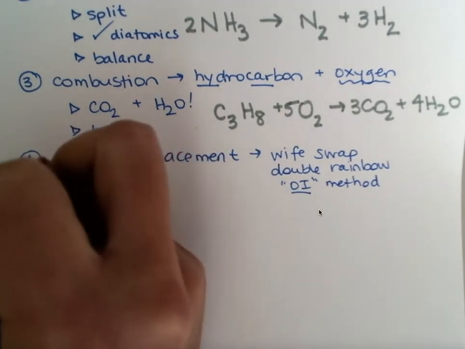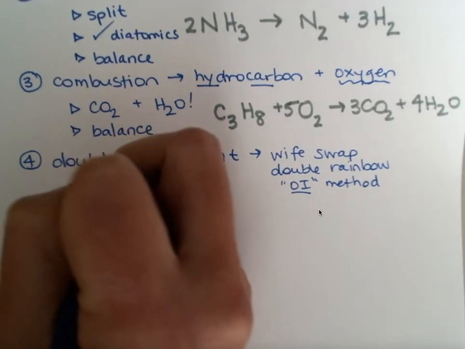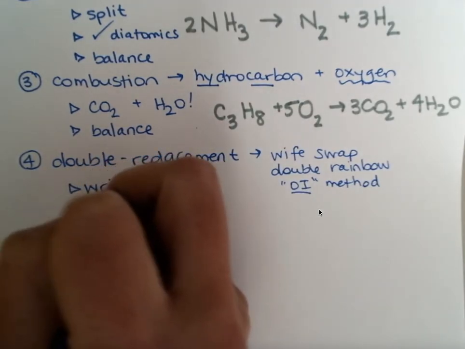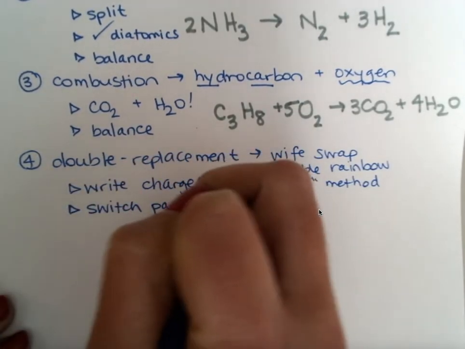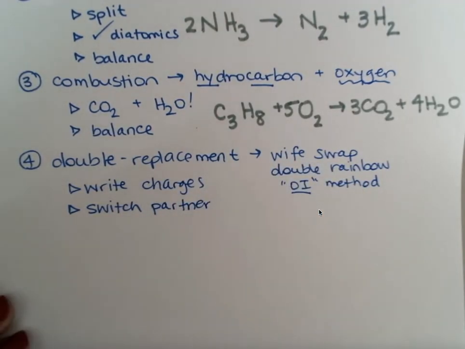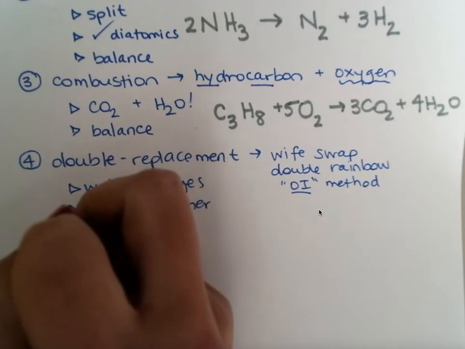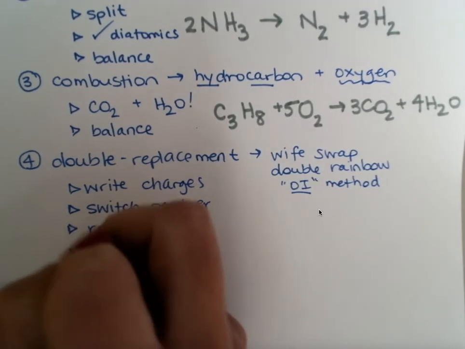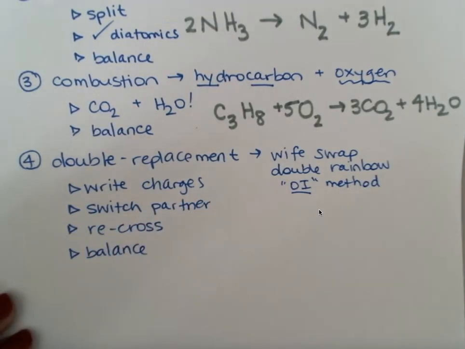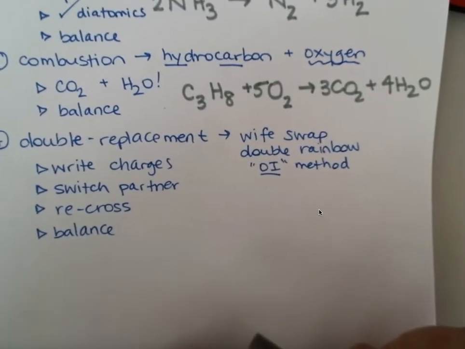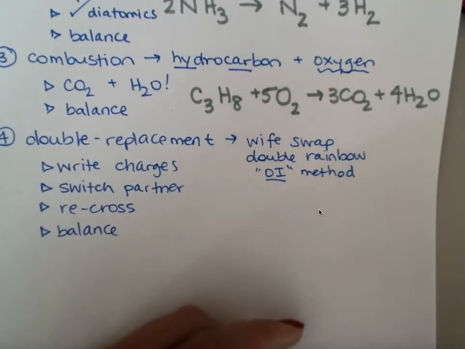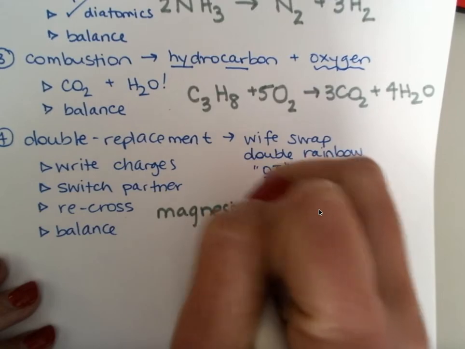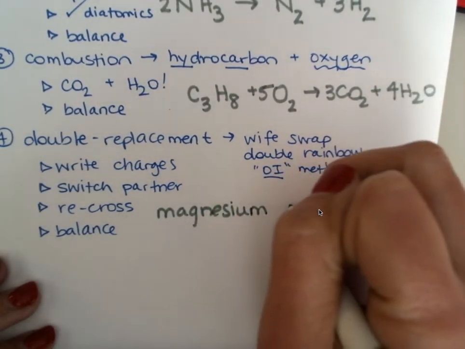And so when I do a double replacement, I'm going to write the charges. I'm going to switch partners, always making sure that the cation comes first. And then I'm going to recross those charges and then balance that equation. So for example, let's say I have magnesium sulfate